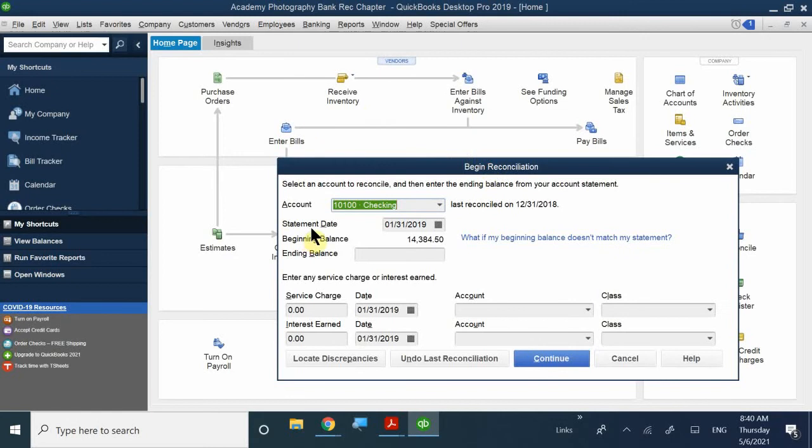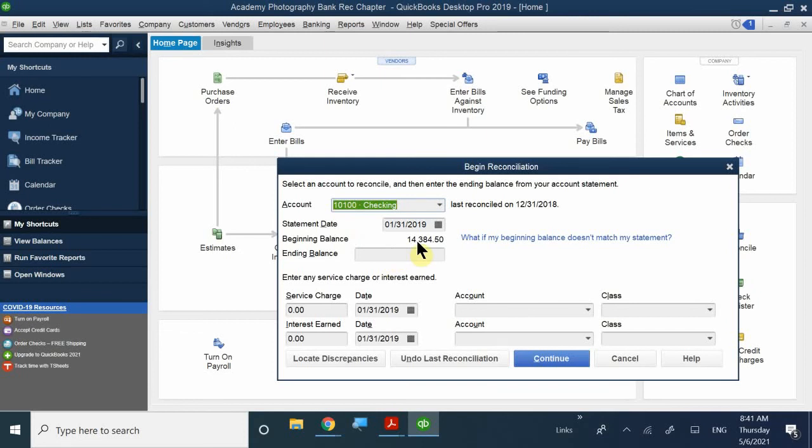Now on QuickBooks Pro, it can only remember the bank reconciliation from up to the previous year. So it can only hold up to 1 year's information for the bank reconciliation. Premier, Accountant, Enterprise Solution, they can hold your bank reconciliation up to as long as you'd like. So up to 5, 6, 7, 10 years, whatever it is. But only Pro can only do up to the last year. So in this case, it shows me that the last year I've done my bank reconciliation,